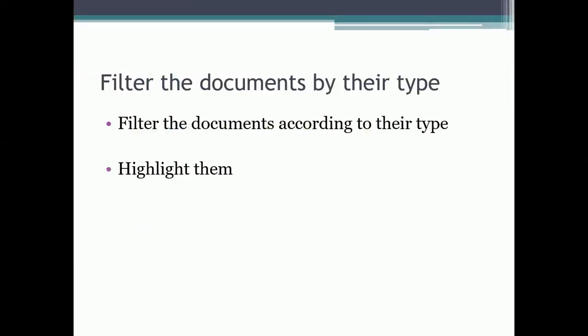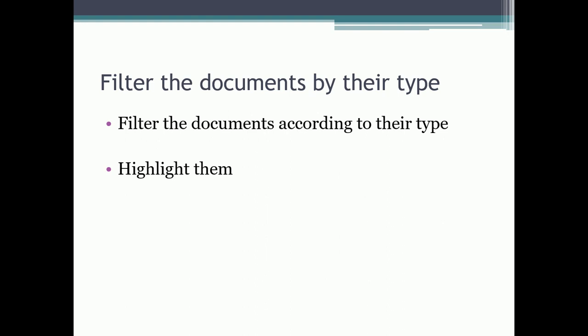In this demo, we will see how to filter the documents by their type. Like if our folder has multiple documents called Word document, PDF document, Excel document, then we can filter them out in our Sickle script. So we will make that script and we will highlight them. As of now, we will only highlight them, but we can also take action accordingly. Like if we want to select all the Excel documents, or we don't want to select all the PDF documents and take some action on them, we can do that. But as of now, we will just highlight them.